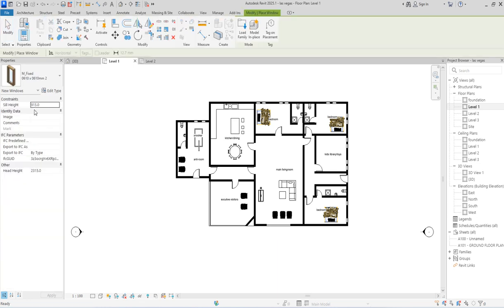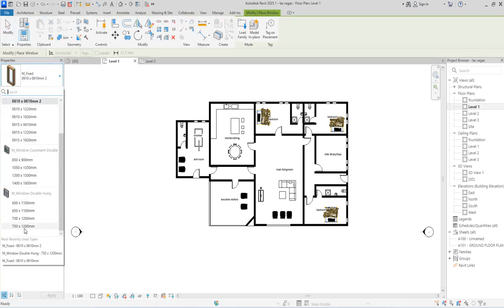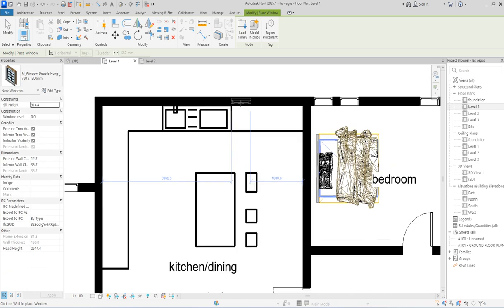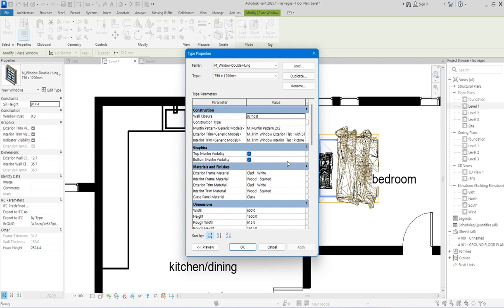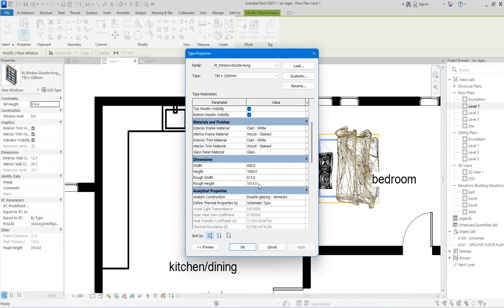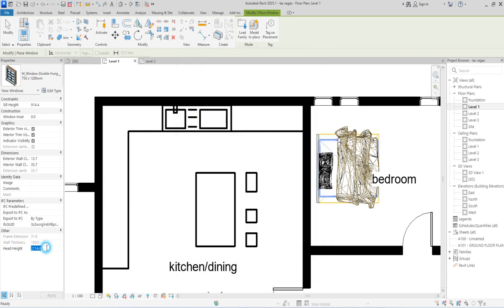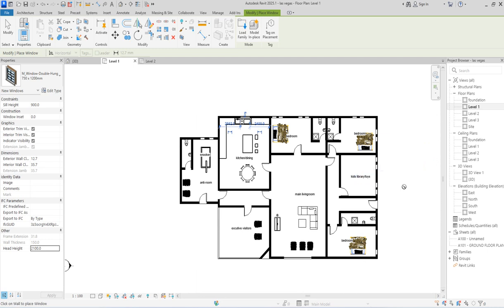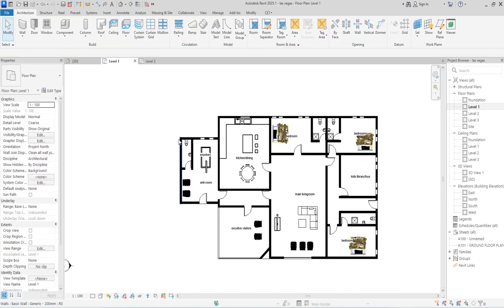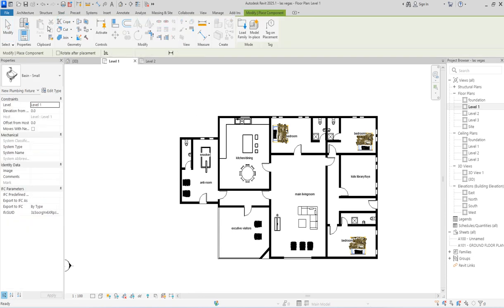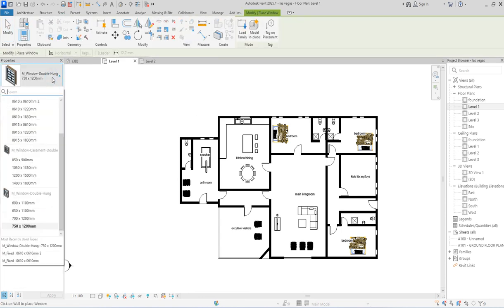So what I need to do is to put the windows at the kitchen side. I'm going to use a different window entirely, like this one. So we put it here. I say edit. At the edit now, I have the height which is too much for me, so I'm going to use 1200, and the width 1200 itself. So click OK. I'm changing this one to normal size. So I'll place the window for the kitchen. Then I want to start placing the toilet there, press escape.